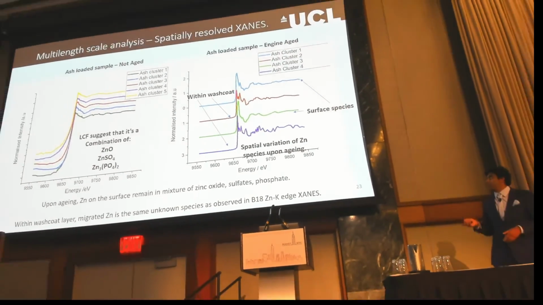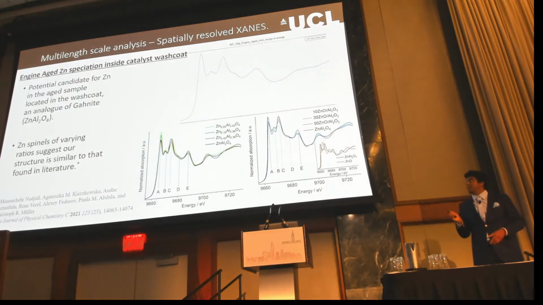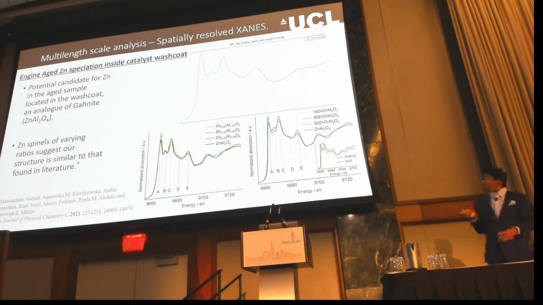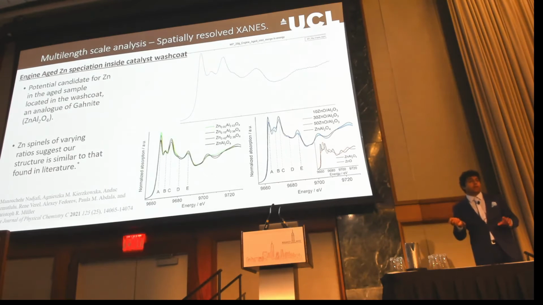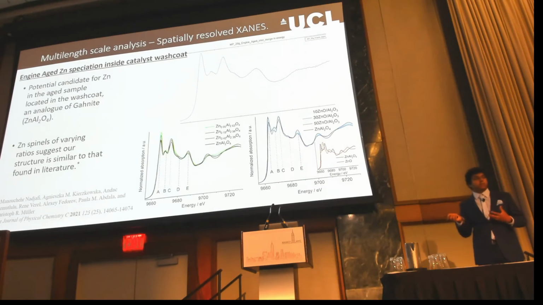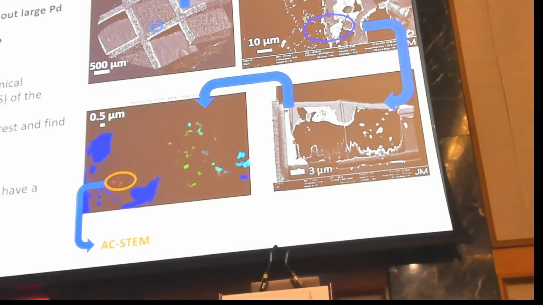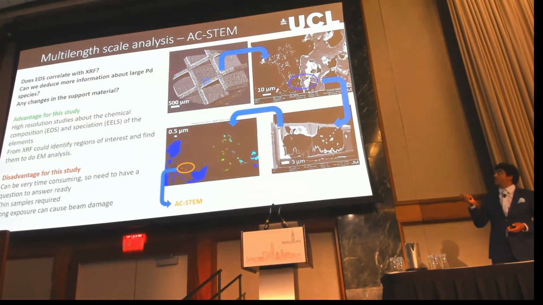So after a lot of literature review and a quick visit to the museum, we actually found it. So this is gahnite, a zinc spinel structure which has similar features to what we saw from our zinc structure, and we believe that this is actually formed from the zinc component interacting with the alumina support and actually reacting and converting it. So we're seeing changes in the support from the presence of zinc, which is found in the ash, upon aging and entering. So hopefully you guys are still awake and